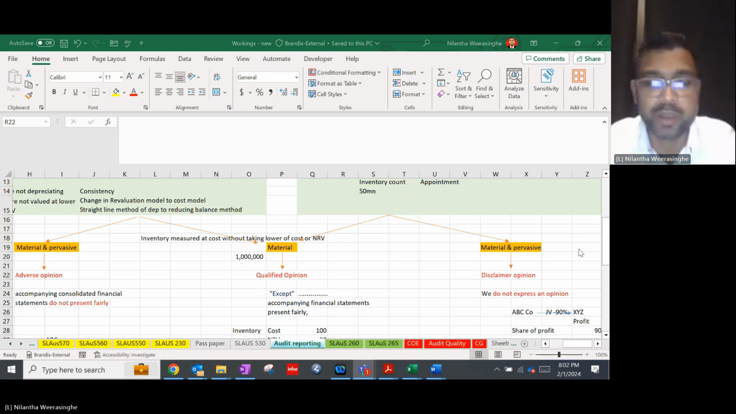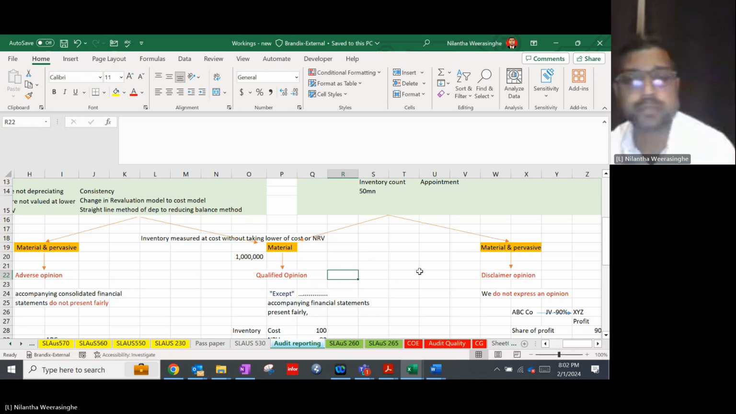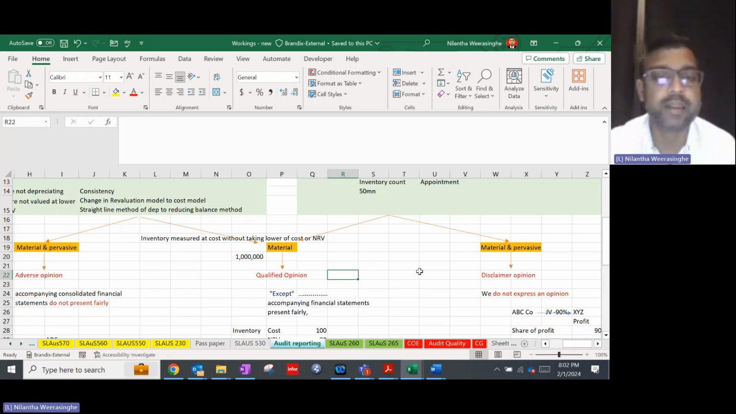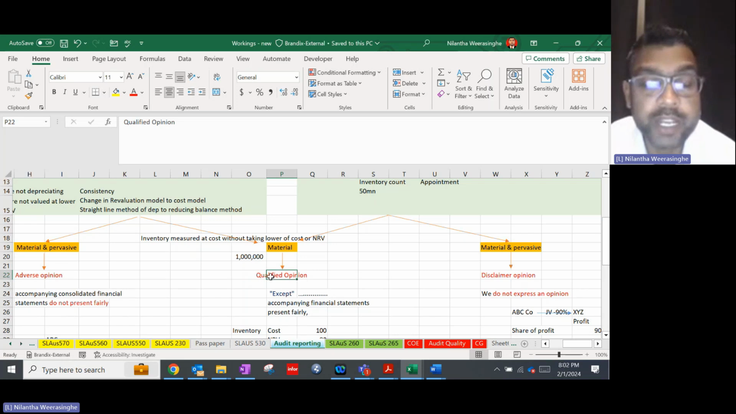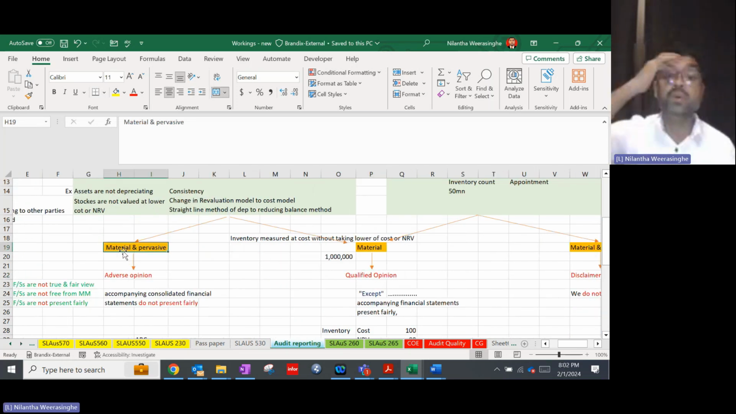Unmodified opinion. Right? Fine. Now we have a big problem. What is that? If it is material, qualified opinion, that's fine. If it is material and pervasive,